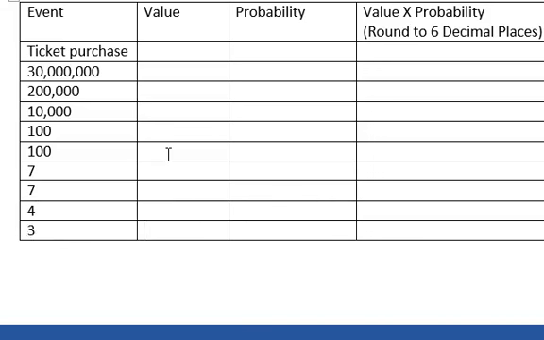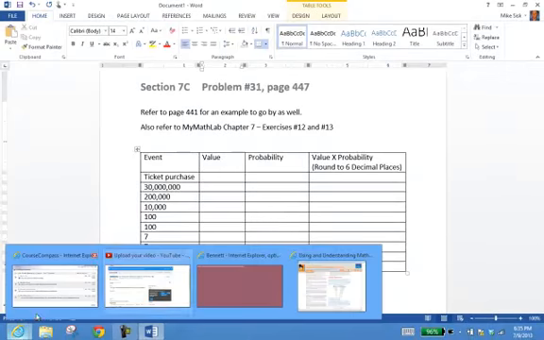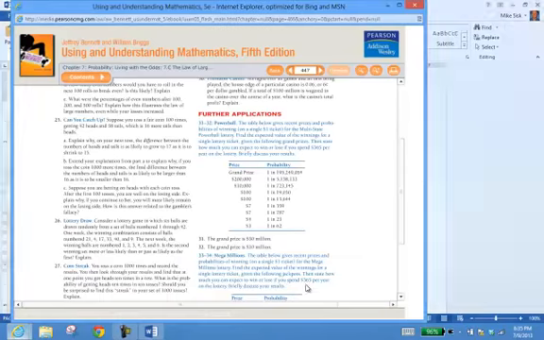You may be thinking, where am I getting these numbers from? I'm getting these numbers in this first column and the event from the exercise in the book over in the first column. Grand prize is $30 million, which is stated down in problem 31. It says the grand prize is $30 million. I get the 200,000, the 10,000, all that stuff going down the list. Then I've got the chances of winning that particular prize, and I'm going to write those down. The grand prize